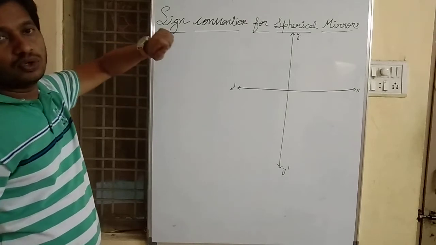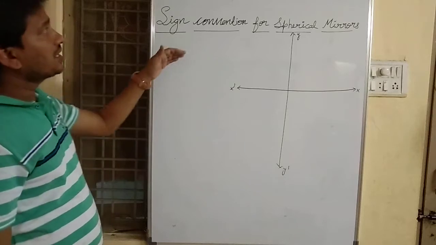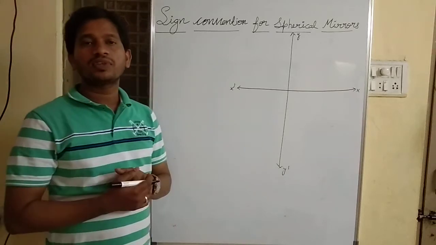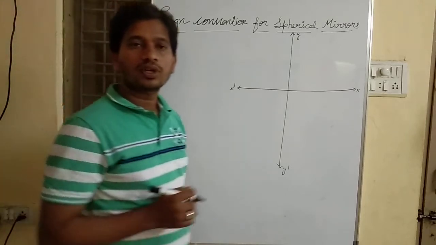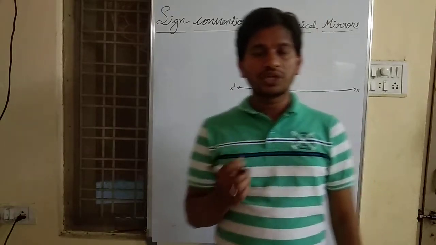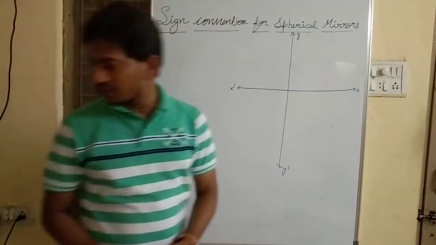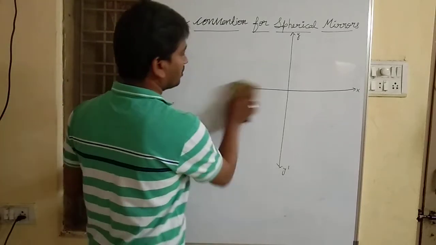These days, the new Cartesian sign convention is used for measuring the various distances in spherical mirrors. According to the sign convention, all distances